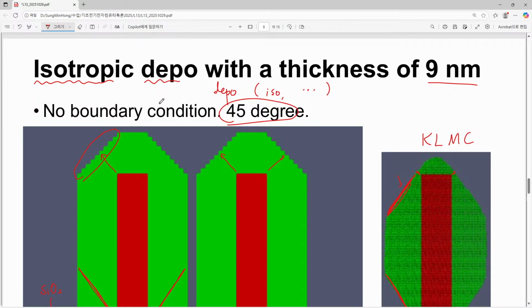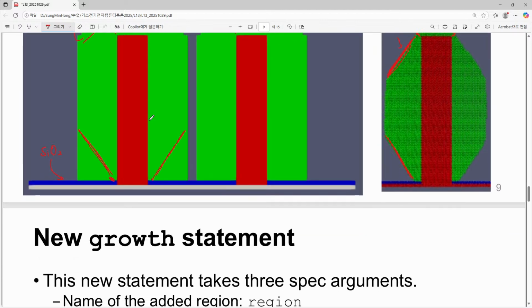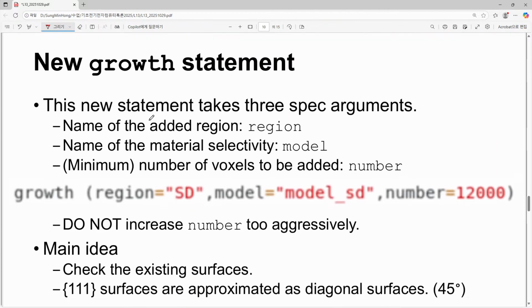Well, I told you from the beginning of our lecture course in this semester that our capability for source-drain epitaxy is limited, so we have to understand the inaccuracy in our generated structure. Yes, that's true, but I think this is too much. So, during the break, one week ago, I made a new statement in our Armstrong craft